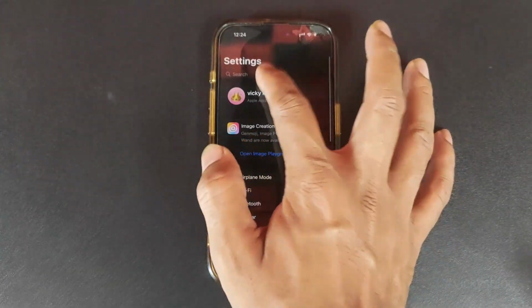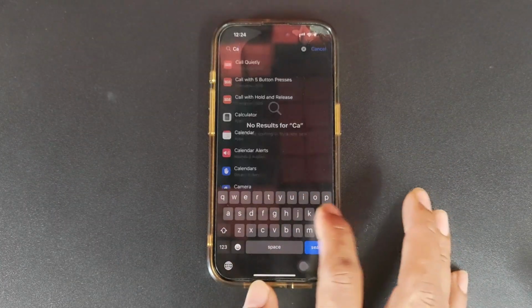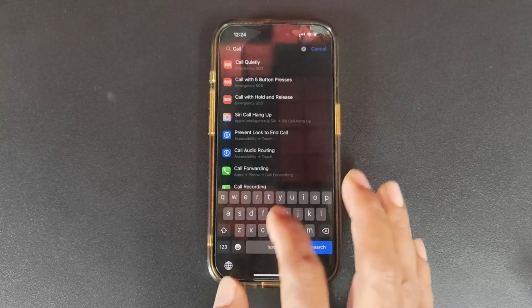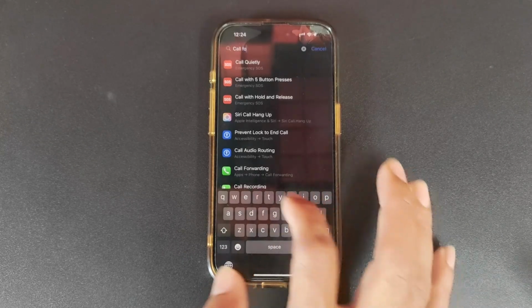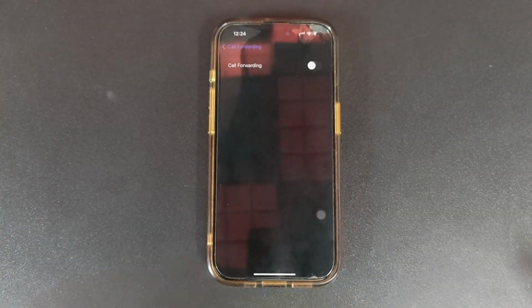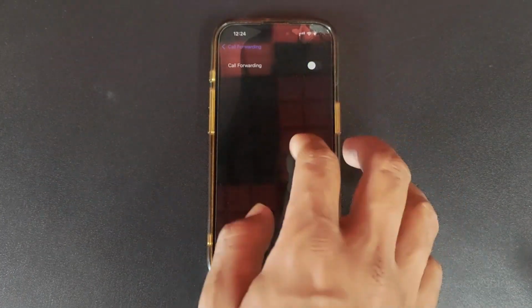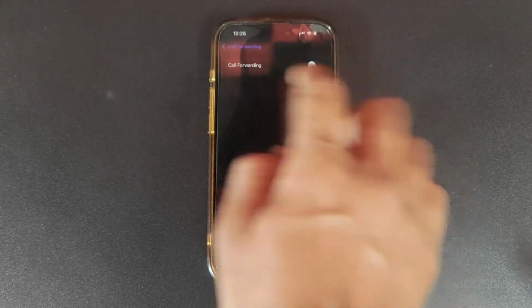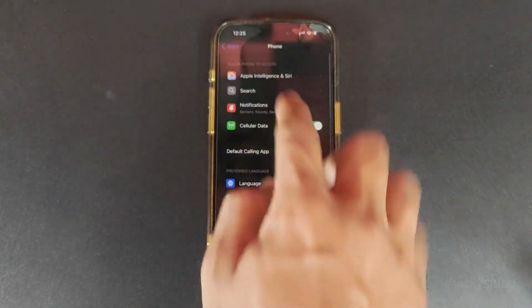Under settings, first search call forwarding. If activated, call forwarding, yes, it is there. I have two SIMs, so I'm going to choose that. Call forwarding is already disabled. Okay, if it is enabled, just disable it. And then I'm going to check